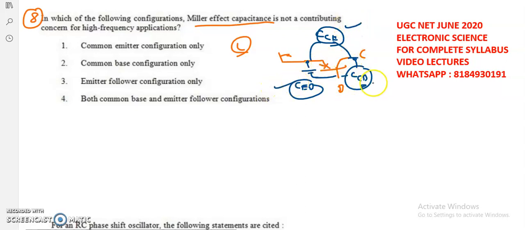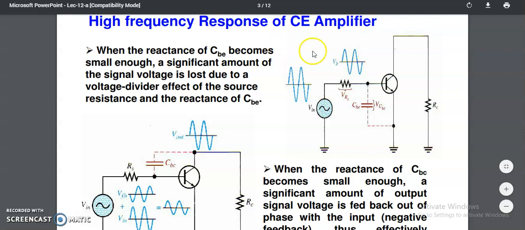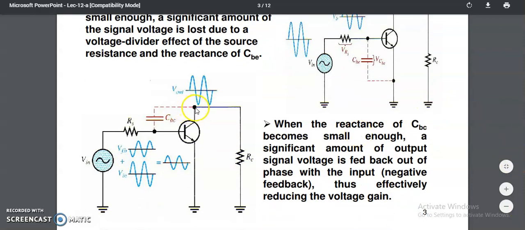All these parasitic capacitance effects are nil at low frequency applications, but they come into action and disturb your original operation at high frequency applications. That means whenever we connect an input signal to the BJT, if the input signal frequency is very high, then automatically these parasitic capacitances come into action, right? Now for the Miller effect capacitance, here the CBC is there. CBC is nothing but the parasitic capacitance which occurs between the collector and the base, right? This capacitance is called the Miller capacitance.